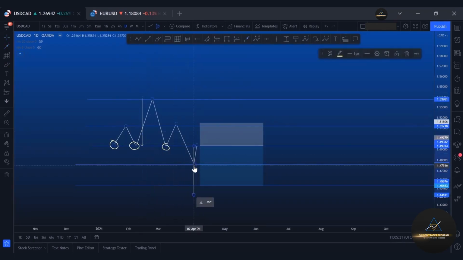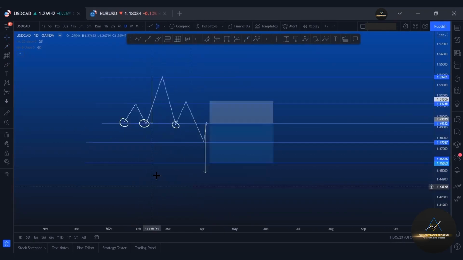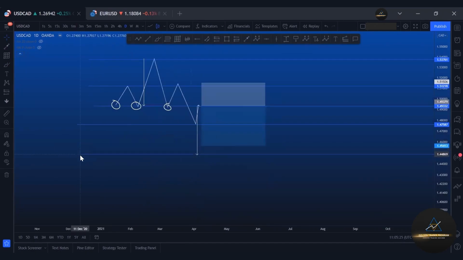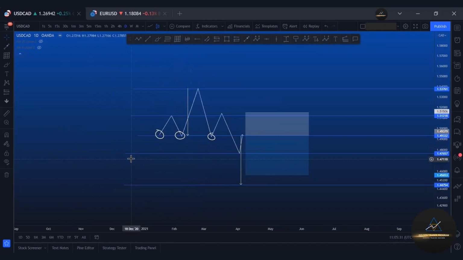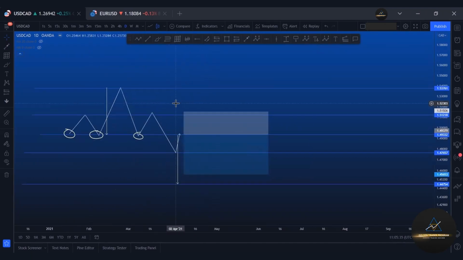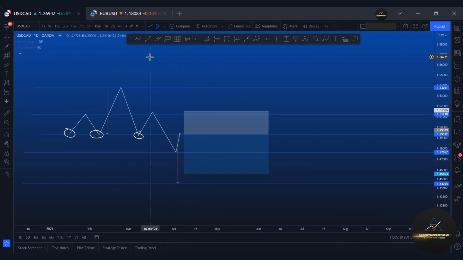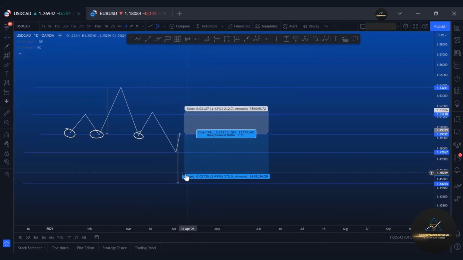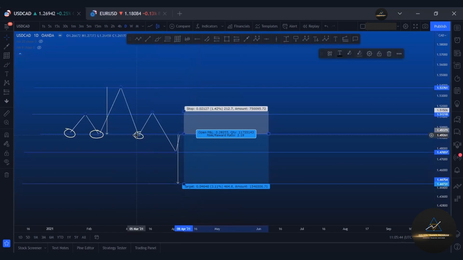And the break of the neckline. So really, this is where your TP should be. There's actually a little bit further. So this is your typical head and shoulders, a typical head and shoulders entry on a retail setup. So you've sold the market, and have you realized that it doesn't always play out like you've been taught in a textbook, right? Again, yes, it does sometimes play out, but when you're utilizing